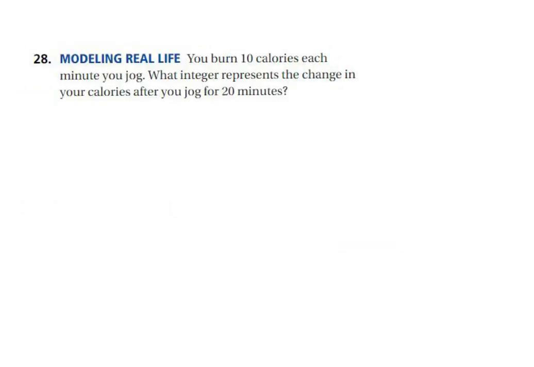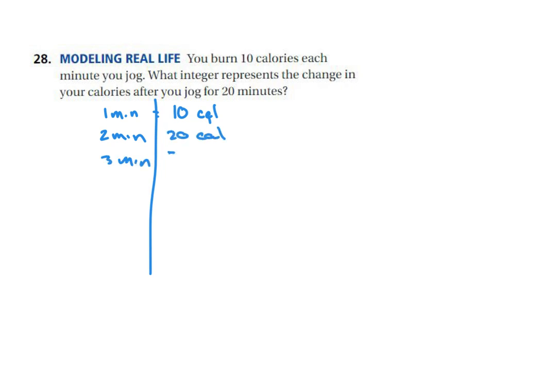You burn 10 calories each minute you jog. What integer represents the change in your calories after you jog for 20 minutes? So let's say 1 minute is equal to 10 calories burned. 2 minutes would be 20 calories. 3 minutes would be 30 calories. You could continue this table all the way from 1 minute